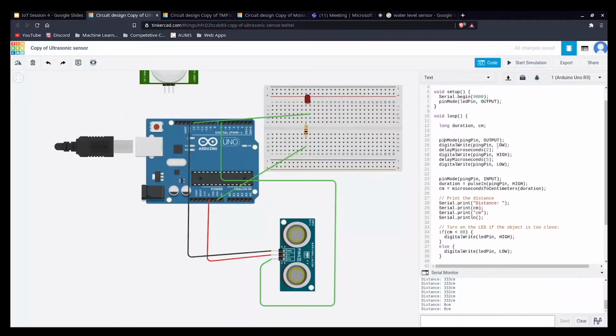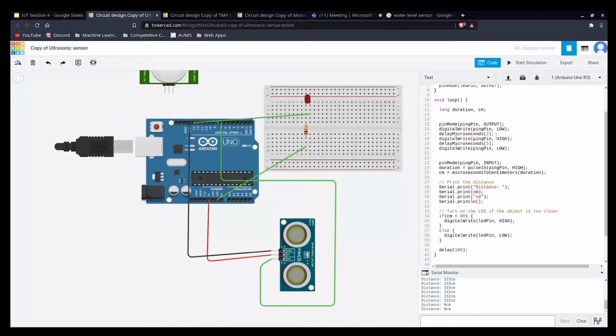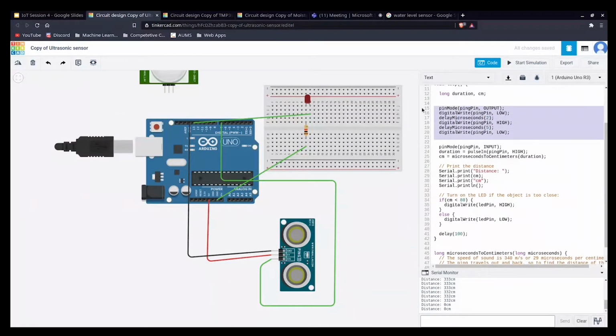Here, it gives a low signal and waits for 2 microseconds, and then it gives a high signal. Instead of giving direct high signals, we are alternating the signals for purity, for less distortion. If we give a continuous high signal, there are chances of distortion in the signal. To prevent that, we use alternating low, then high, then wait some extra time for the high signal, and then go back to low. Okay, so this part is complete. That means we have given the output. The signal from the board to the sensor is gone, and the sensor has given out some frequencies.